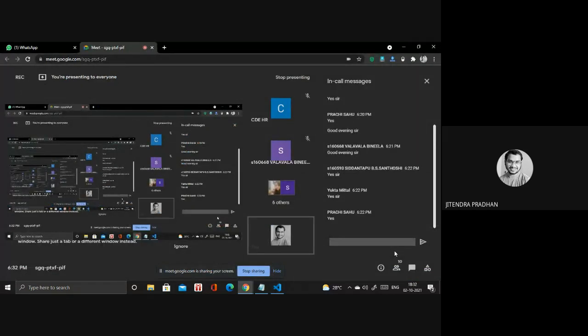Can anyone tell me the full form of DL, DT, and DD? Go through the chat box. I will write inside DL, and we have DT and DD.